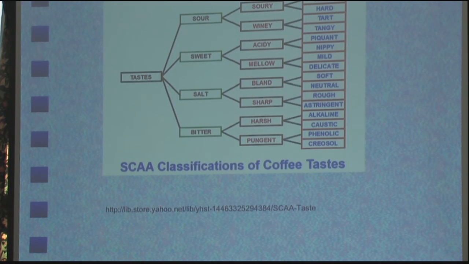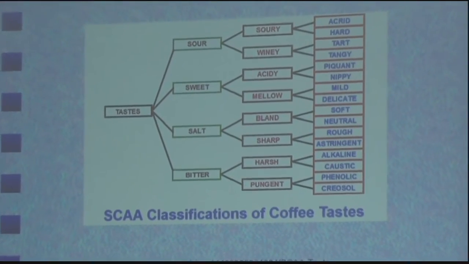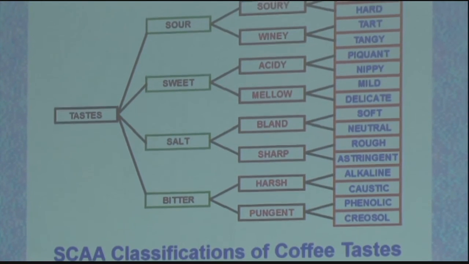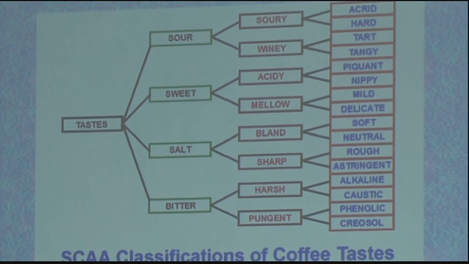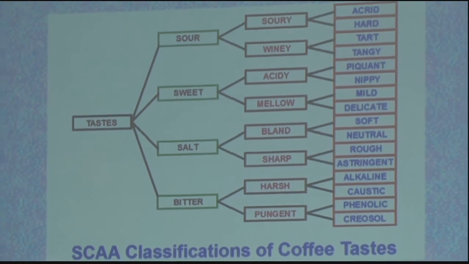And now I'd like you to look at your handout, and before we start, are there any quick questions about anything I said? Okay, so I teach a class on classification, and it's going right now. So this came to me just the other day. It's a classification of coffee tastes by, just randomly, like I guess the guy was Googling, the Specialty Coffee Association of America. Right? So what do you think of this classification?